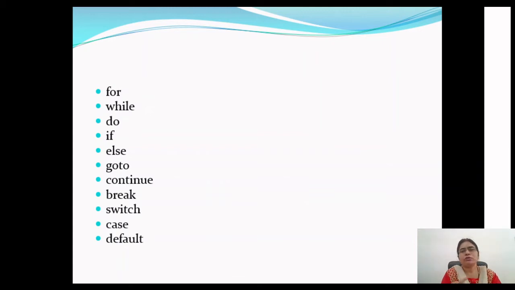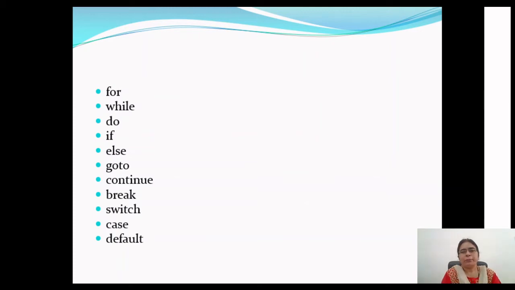So the task is of similar nature, and we need to repeat it again and again. Writing multiple instructions for this is not efficient, so we use iterative statements. In C, for implementing these iterative statements, we have these three keywords: for, while, and do. We'll study these keywords and the functionality of these iterative statements in detail later on.